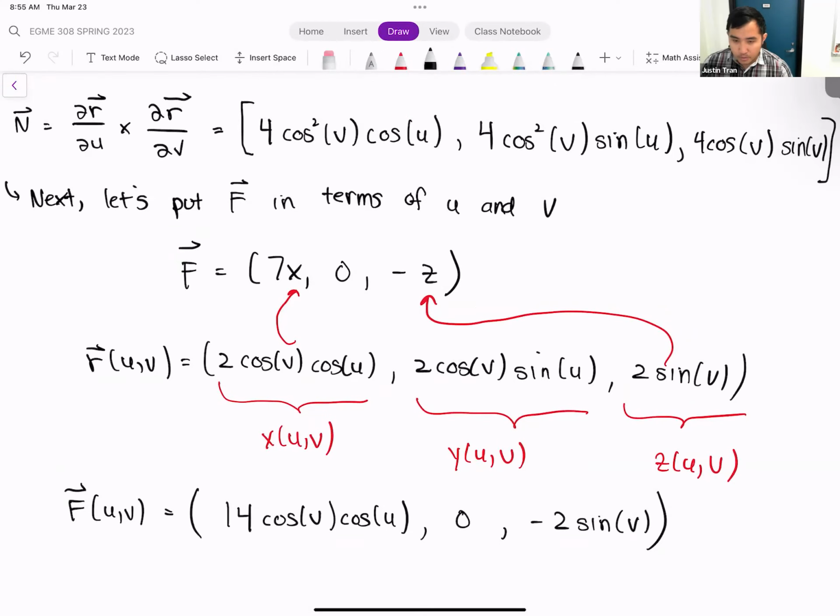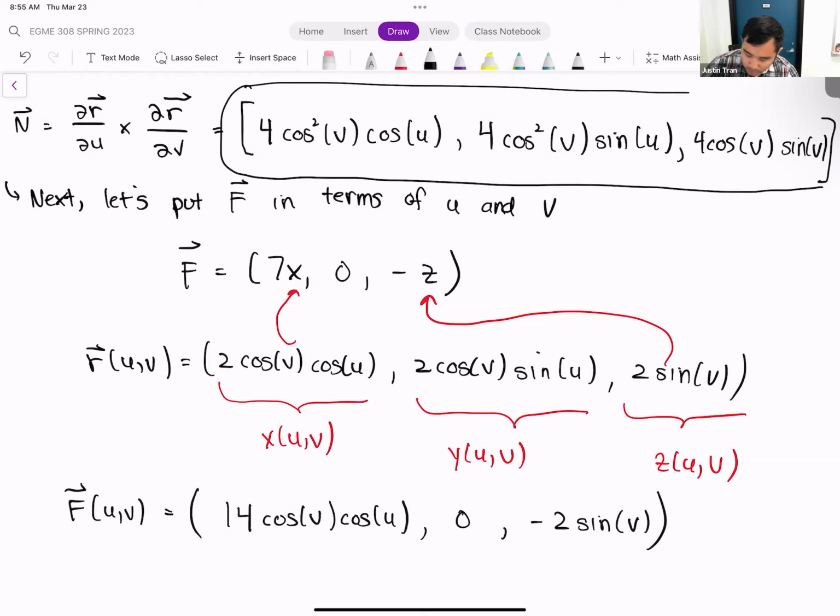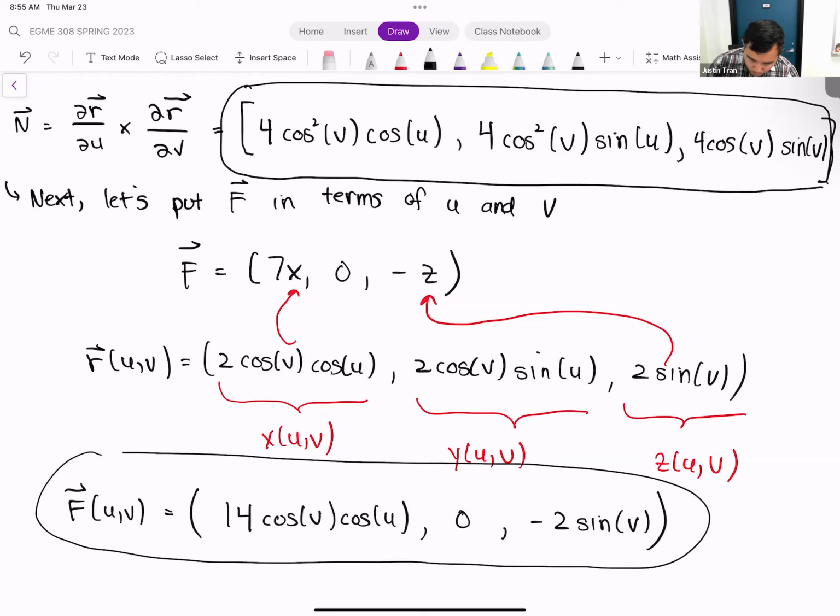A little bit, just so you can see both. And so now we have both components that we need. So we have the normal vector, and the normal vector is what we saw in the previous step. Now we have f of u and v as well. Okay, so now we're going to